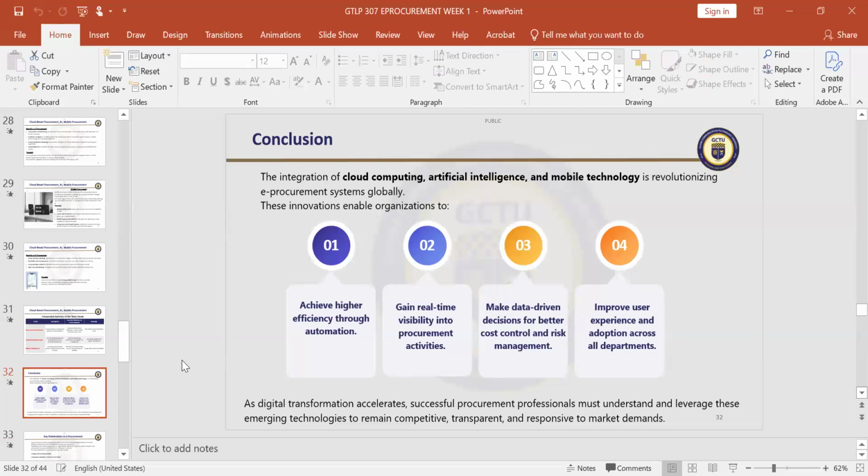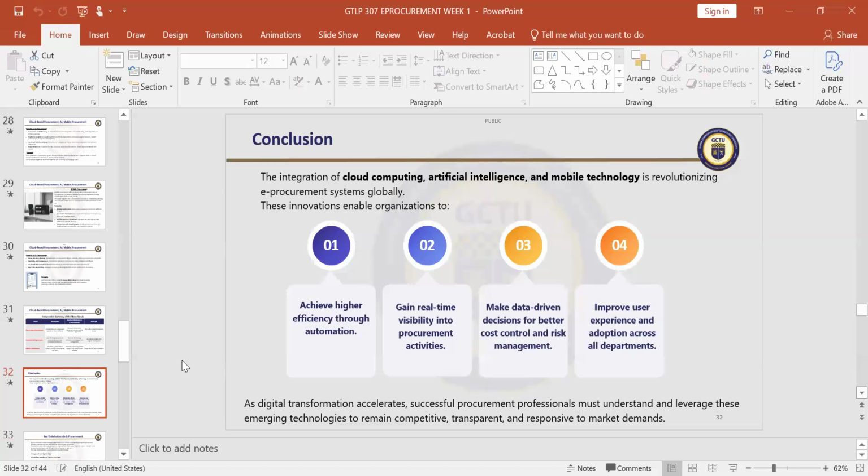Once it is very easy and convenient, the procurement department will start boasting and talking about it. If it is introduced in the warehouse, they will also take it to enhance inventory, and production would also like to have that kind of feel. That means if I'm not at the office, I can monitor. If I'm the production manager, I can monitor whatever they are doing at the production department. So it improves user experience and also adoption across all departments.